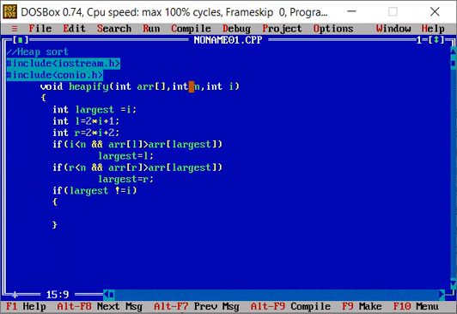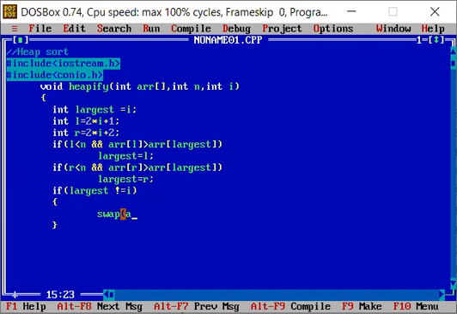So at this point we will swap these. Here we need to write I, L. That is, L is less than N and A of L is greater than largest. Now largest is still not equal to I, so we'll swap largest and I.